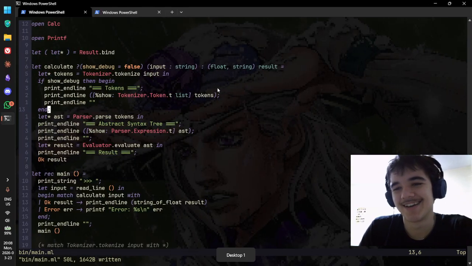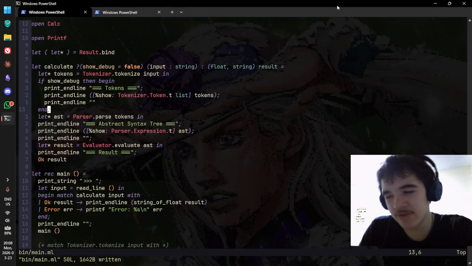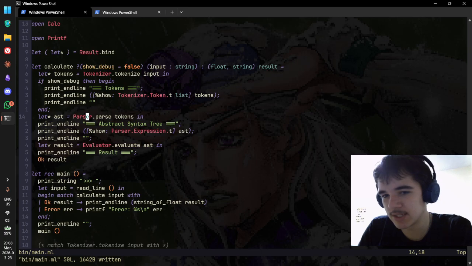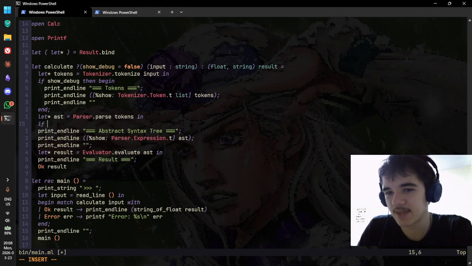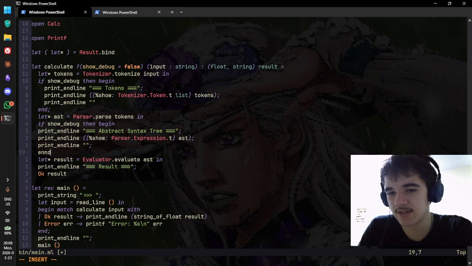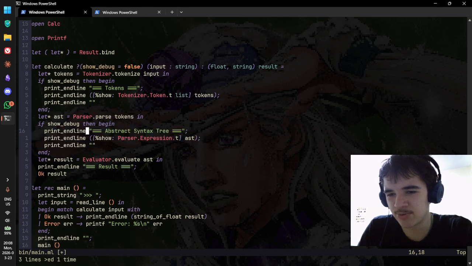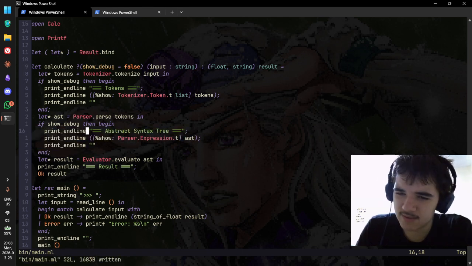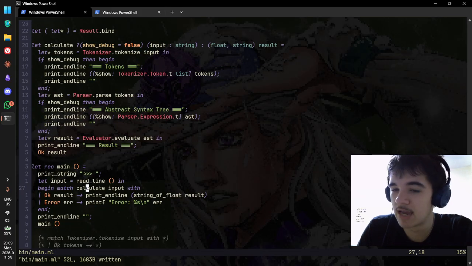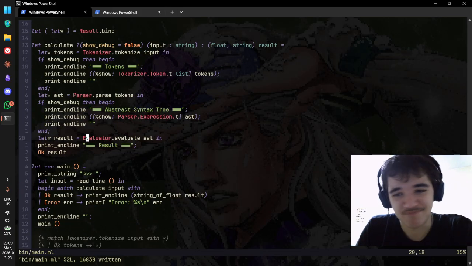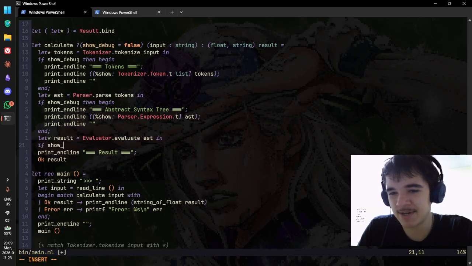Okay, man. Once again, neither language between Haskell and OCaml is truly procedural, but OCaml does do quite a nice job of making it seem so. I quite like this workflow, honestly. This resolves my issue with Haskell to the point where you could argue this should be used in general. Maybe, maybe, maybe. Okay. Anyway, so if show debug,